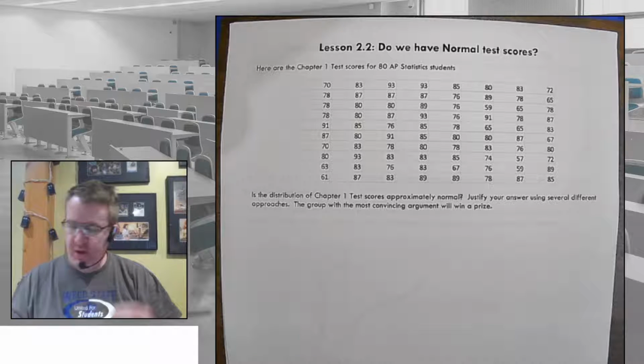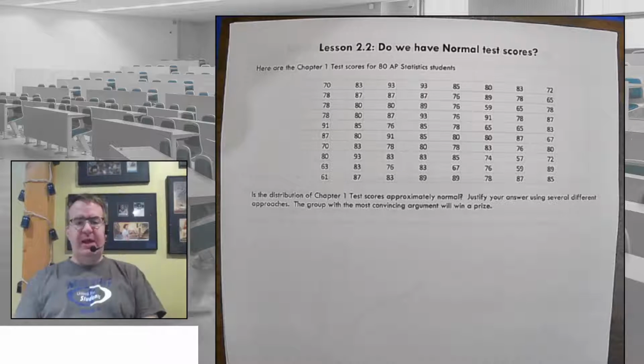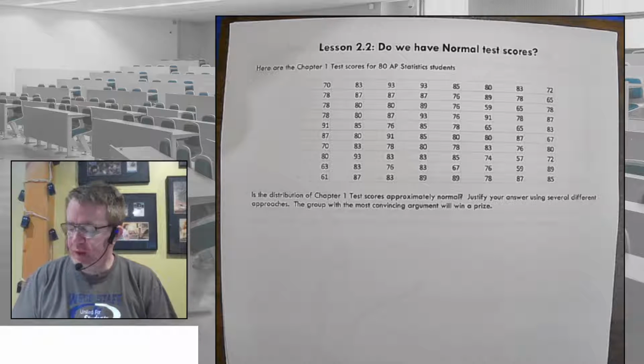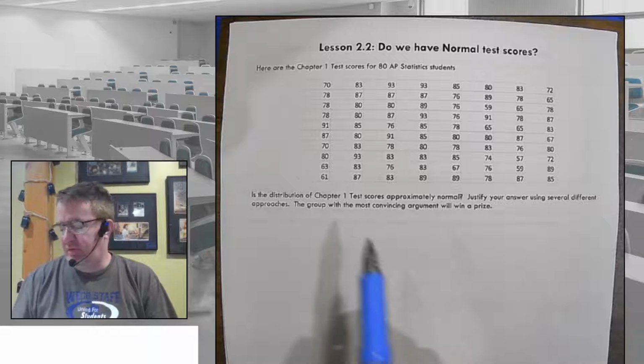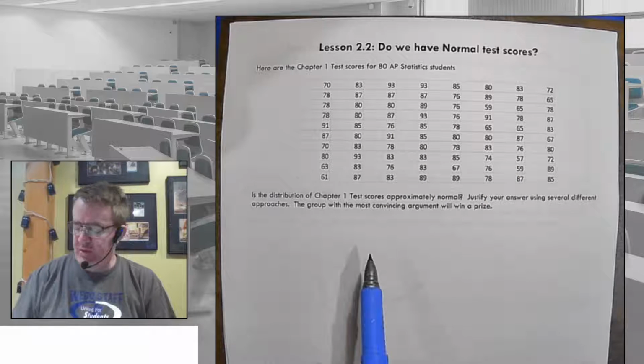All right, we're going to be doing some stats. This is the last section in Chapter 2 and in Unit 1 that the College Board has put together. And the first thing that we normally do is I would either take, in this case, 80 AP Statistics scores from the Chapter 1 test. And notice here,